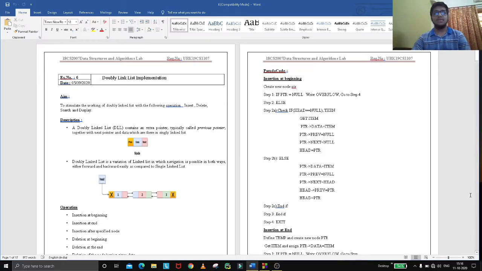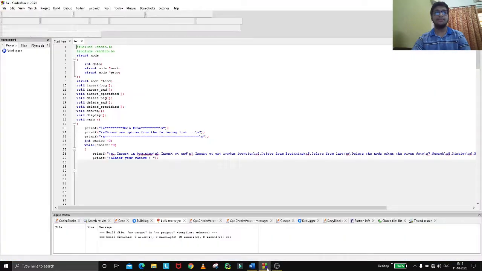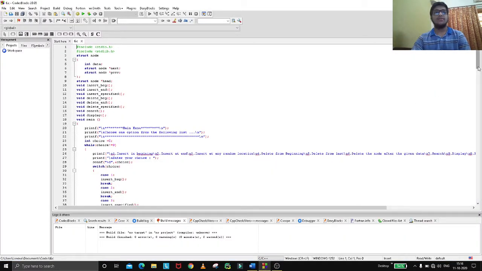So basically we are moving on to the code part. Here I've done this in the C language. You can see I've included stdio.h and stdlib.h. Now we are creating a structure node and giving it data, initializing it with the integer data type, and inside that node structure we are creating another two pointers, node pointer next and pointer prev.